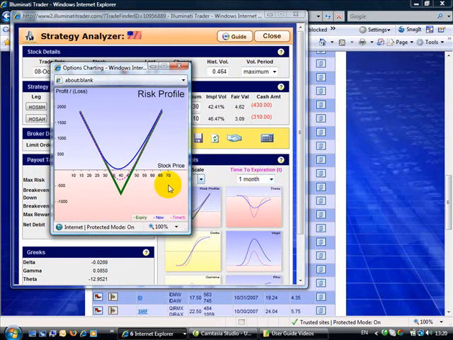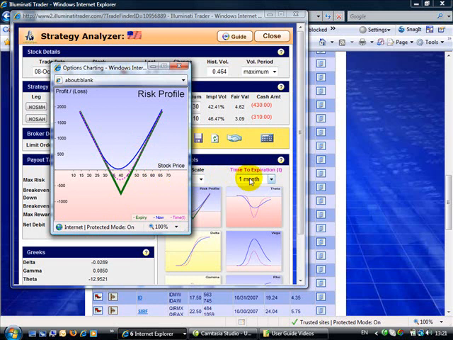That means that magenta dotted line is showing us what our risk profile looks like with 1 month left to go to expiration if we were to hang on that long, which obviously you know from the discs that we wouldn't do anyway. But it gives us an idea of how our risk profile will change over time. So if our risk profile today is like the blue line, and if our risk profile at expiration is like the green line, then the magenta line will move in between the two